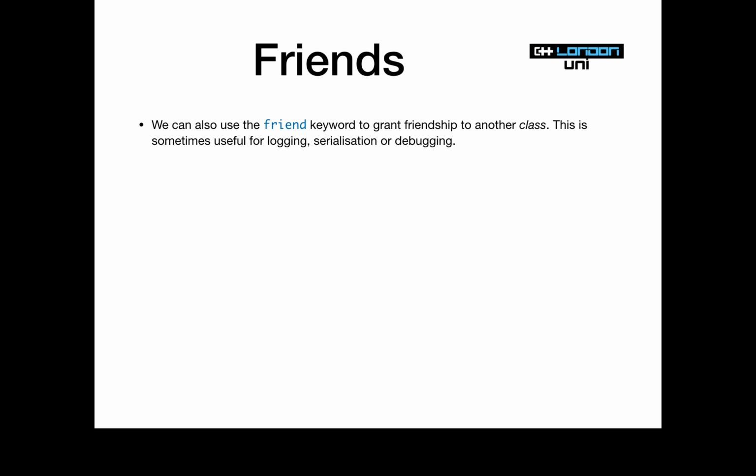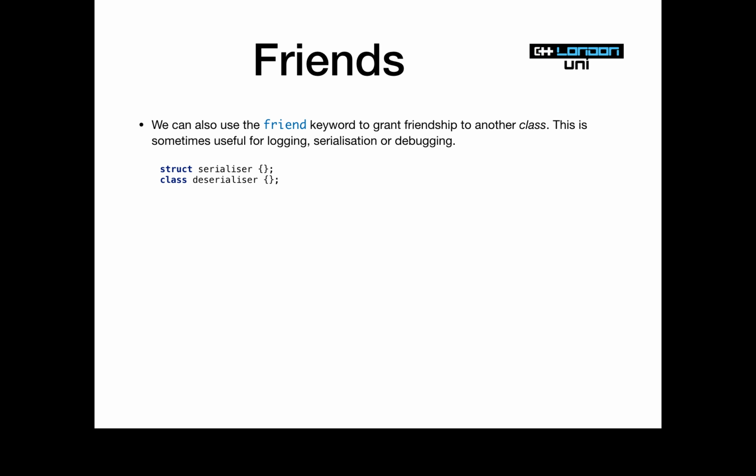Right, so legitimate cases, I've written a couple here. Logging, serialization. Serialization would be a really common example. That's where we just want to write a binary representation or a string representation of our class out to a file. That would be a legitimate use case for friends, because we might have some serializer class that needs to be able to see our private members to write them out. So serialization, debugging, logging, those things are almost ancillary to the purpose of our actual program. Those are legitimate use cases for friends.